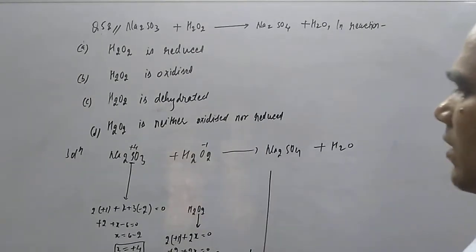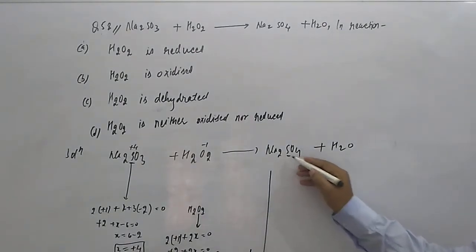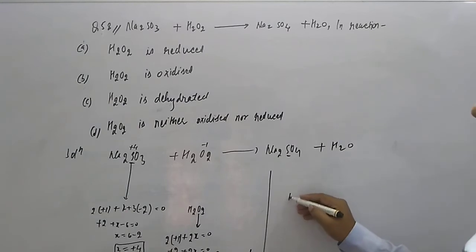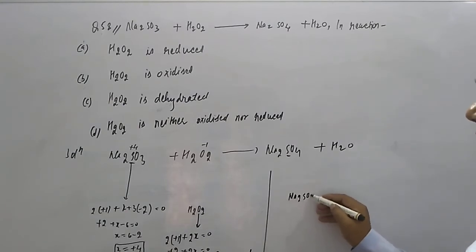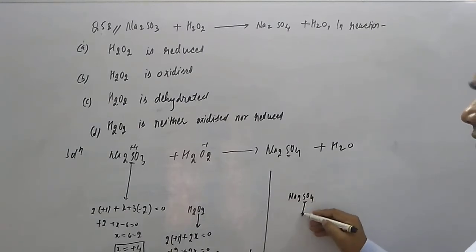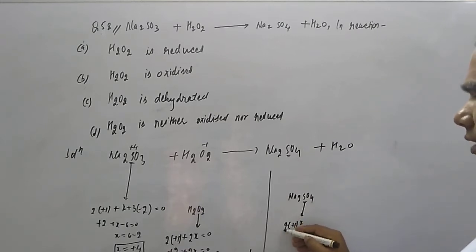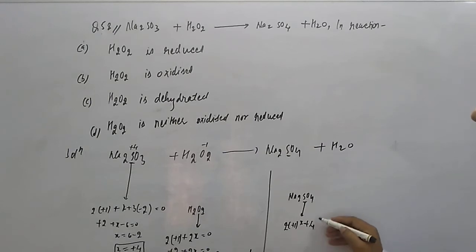If you want to calculate for the sulfur here, okay, sulfur. Na2SO4 is there, right? And sulfur we consider to be X. So sodium is +1 and 2 sodium are there, so multiply by 2, and 4 oxygen are there, multiply by -2, equal to 0. So that is +2 plus X minus 8 equal to 0. So X is equal to 8 minus 2, that is X is equal to how much is coming, student? +6. X is equal to +6.